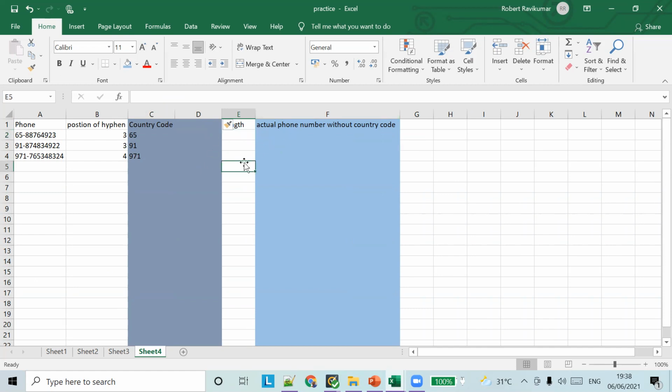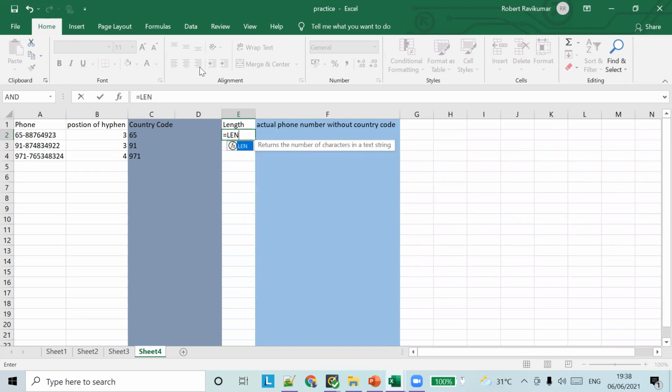Now we have to find the length of the characters. Length is simple, right? Can anyone tell me how to find the length? Length is LEN. Length is length.